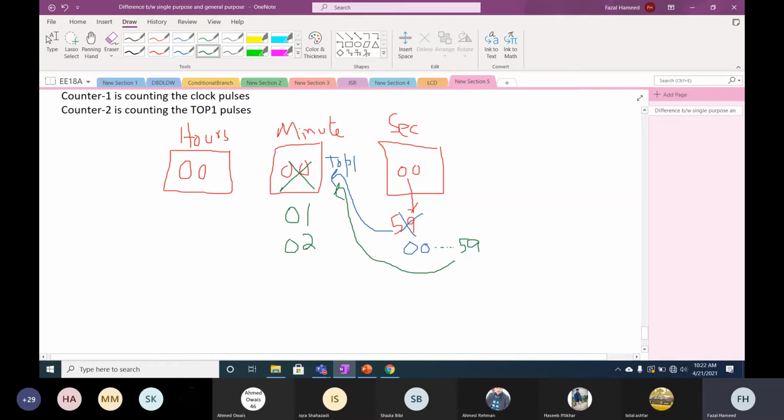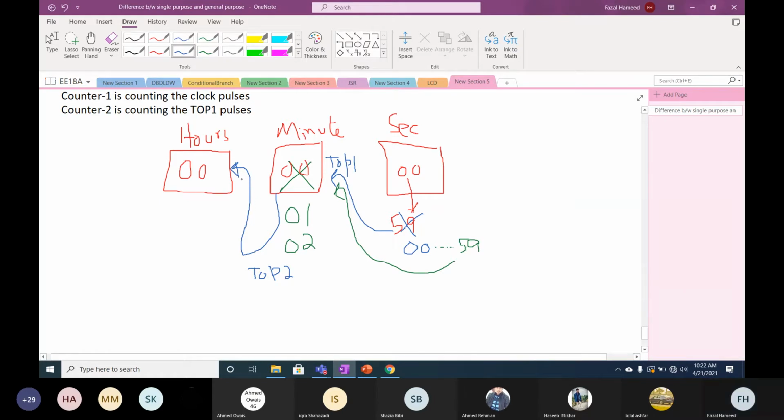It means that now the top 2 from minute, where should it go? Where should top 2 go? Top 2 should go to the input of the hour. Am I right or not? Right. Okay. So now this is a cascaded counter in which you